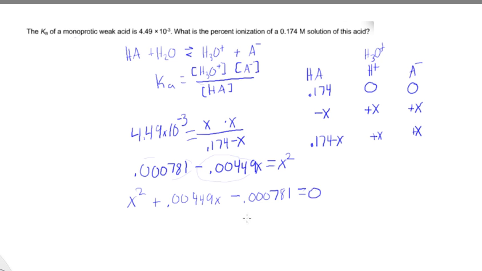I'm going to plug that into the quadratic equation, and I'm going to get x equal to 0.0258. Just as a side note,